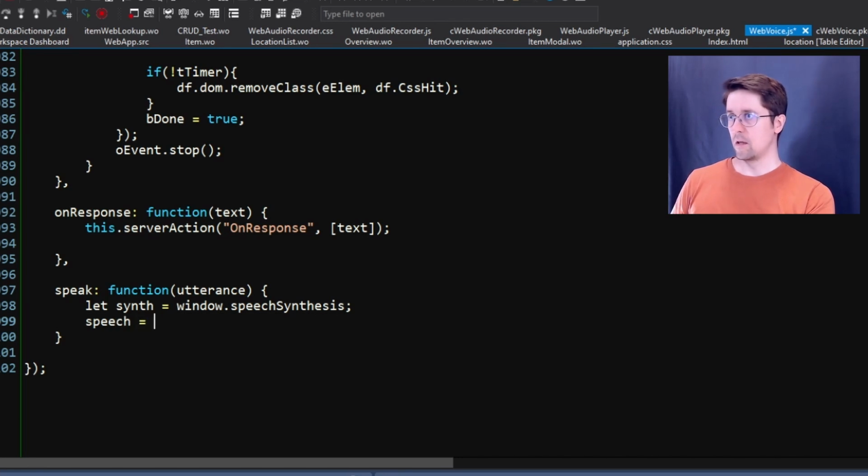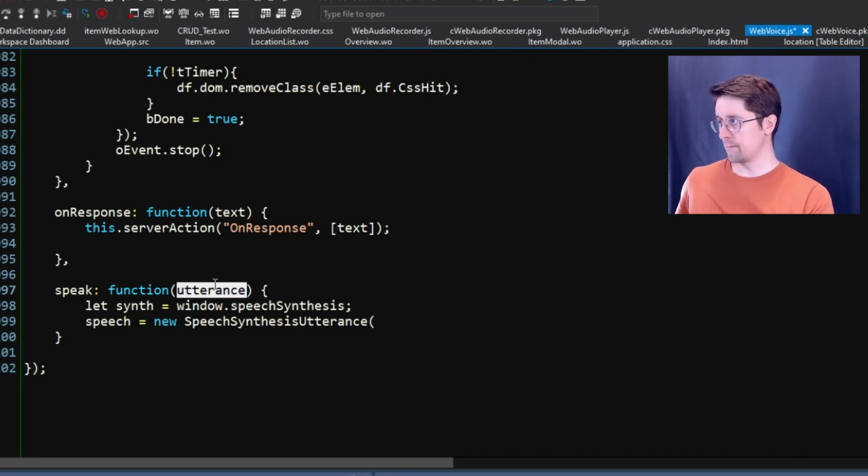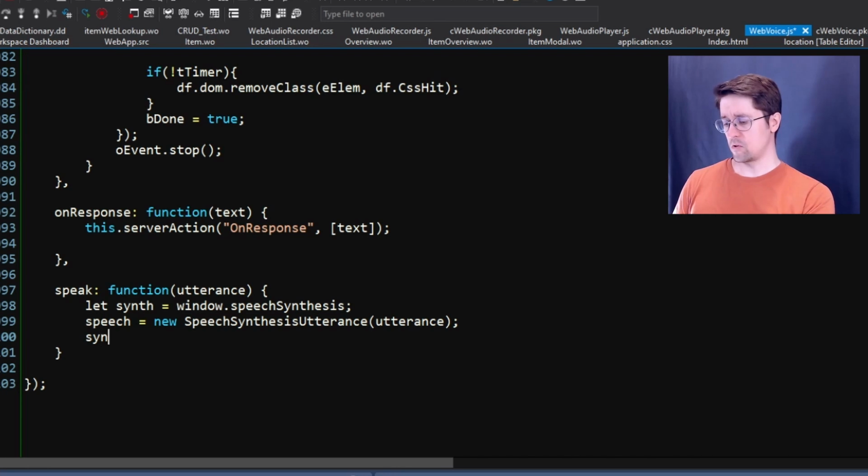So let's go here, and then we want speech is a new SpeechSynthesisUtterance. And that takes the utterance as a parameter. I hope I'm spelling this correctly here. And then we have synth dot speak speech,